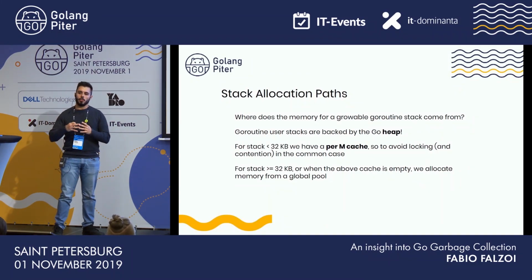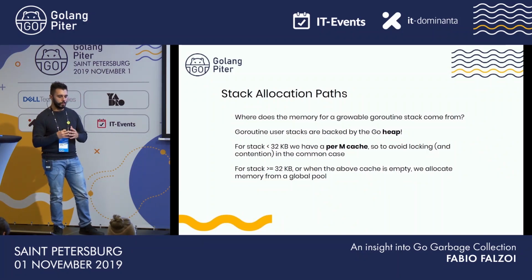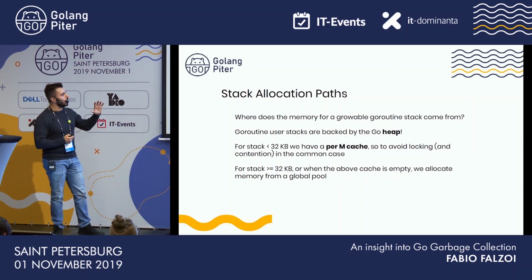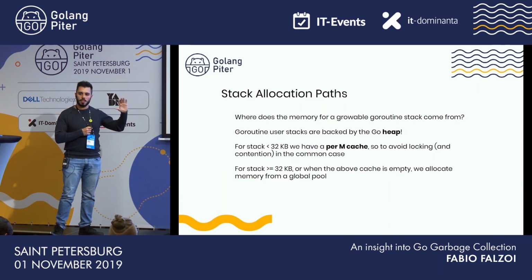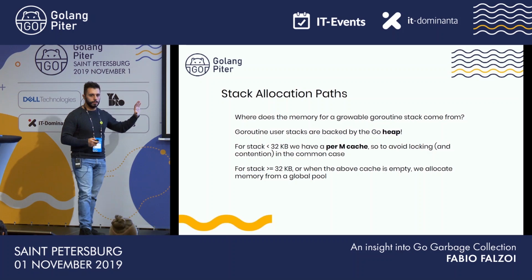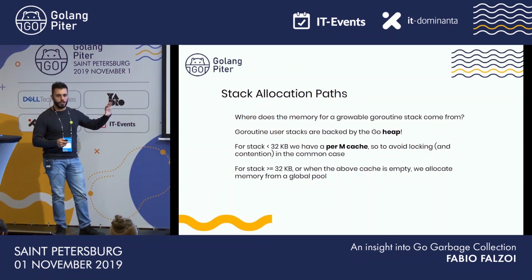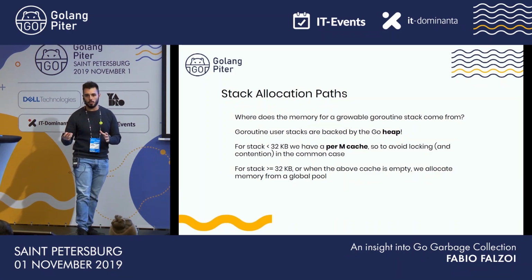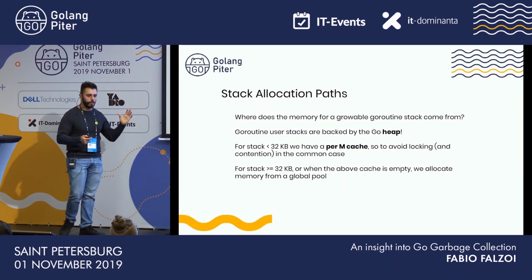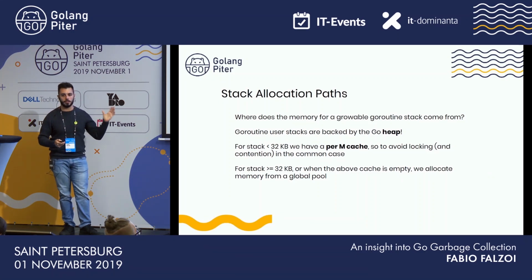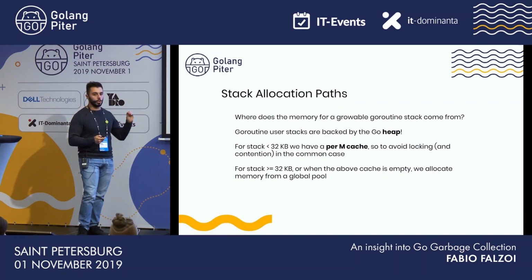Goroutine user stacks can grow dynamically, so we should ask ourselves where all of the memory for goroutine user stacks comes from. It turns out that memory for goroutine stacks comes from the Go heap. For stack allocations less than 32 kilobytes, we have a local cache for each processor to avoid locking and so contention in the common case. But if that cache is empty, or if you're trying to allocate room for a stack that is greater than 32 kilobytes, you have to rely on a global